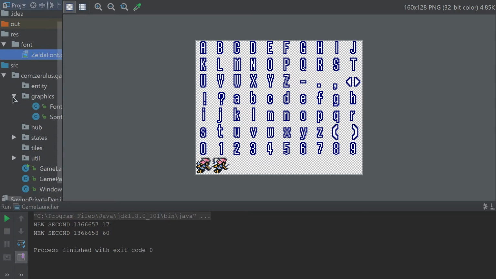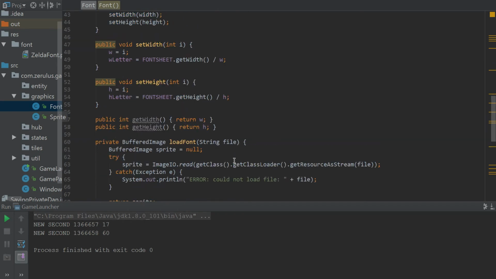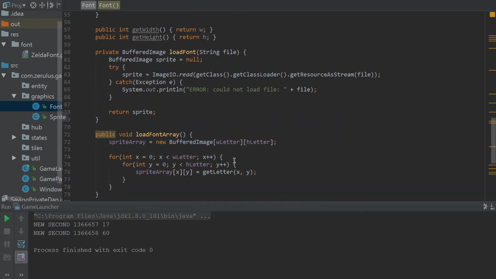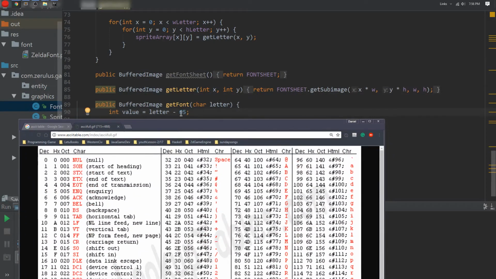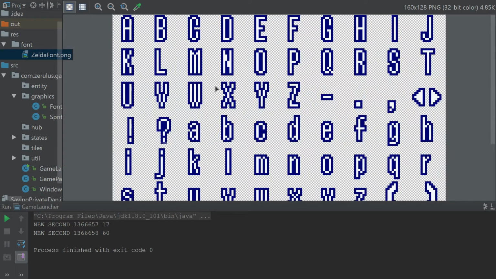There's a way to combat that, is that if we go to the font, I guess, and where was it? I think it was get font, wasn't it? Where's get font? There's get font. So here in letter, what we could do is do minus 65, and that'll be 0. So if we have an uppercase A, it will be 0 because 65 minus 65 will be 0, and that will give us this A right here. And same thing goes for everything else,